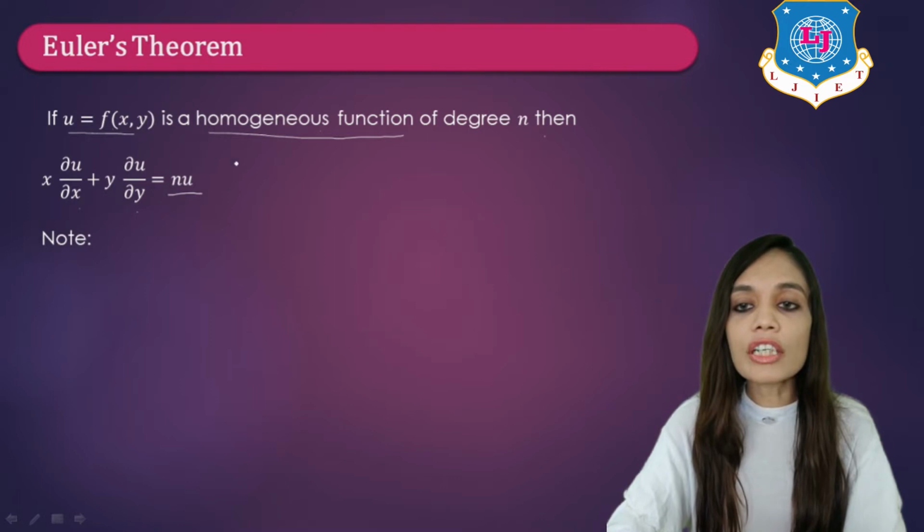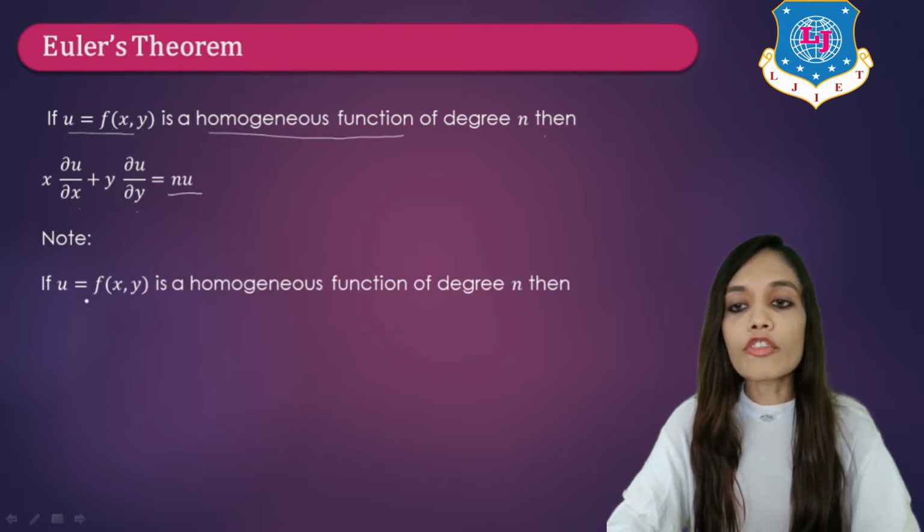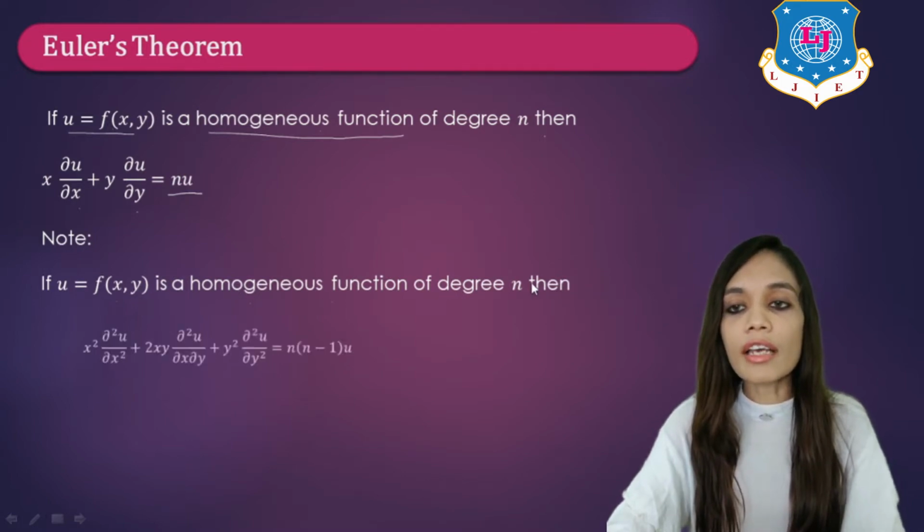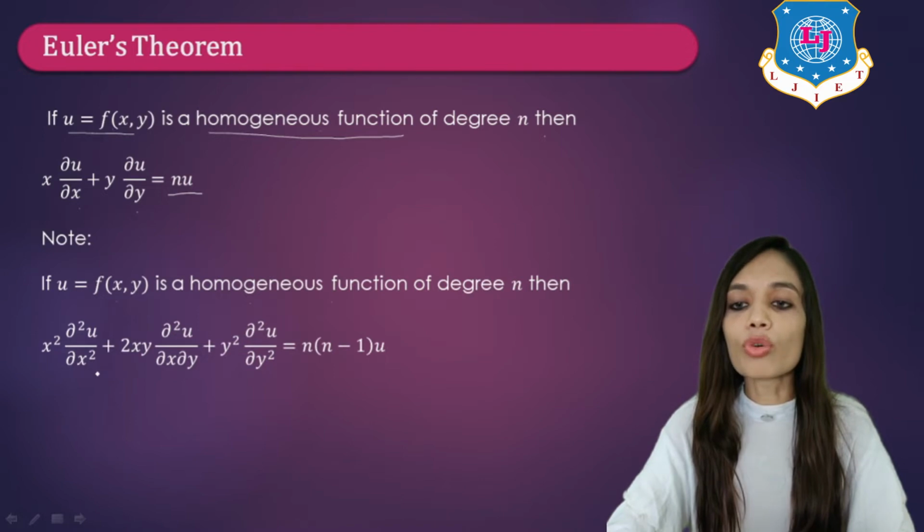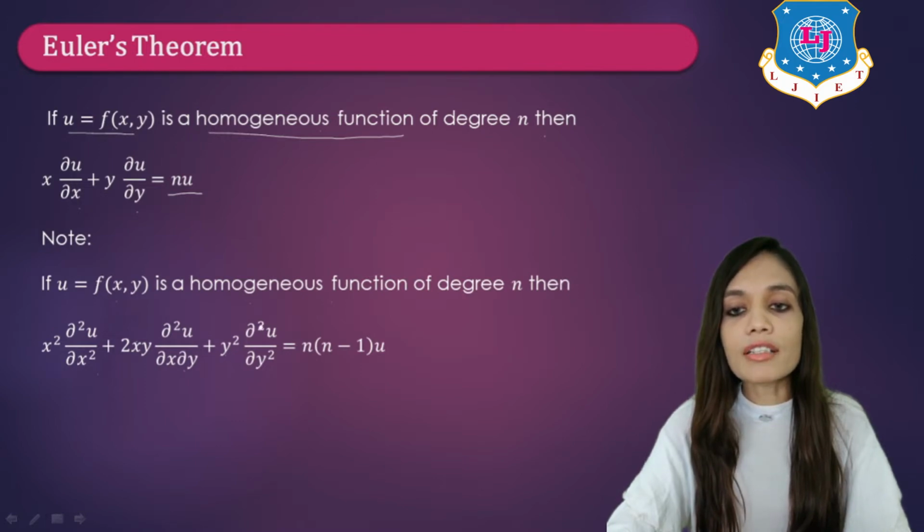And the condition derived from this is, if u is equal to f of x comma y is a homogeneous function of degree n, then x square del square u upon del x square plus 2xy del square u upon del x del y plus y square del square u upon del y square is equal to n into n